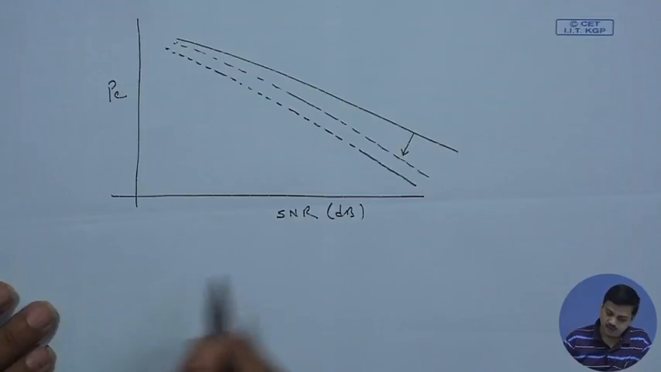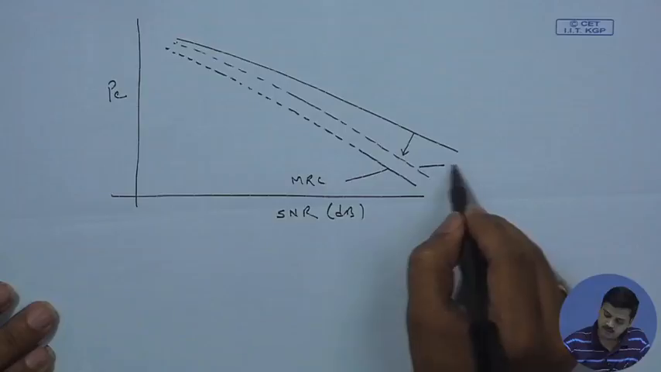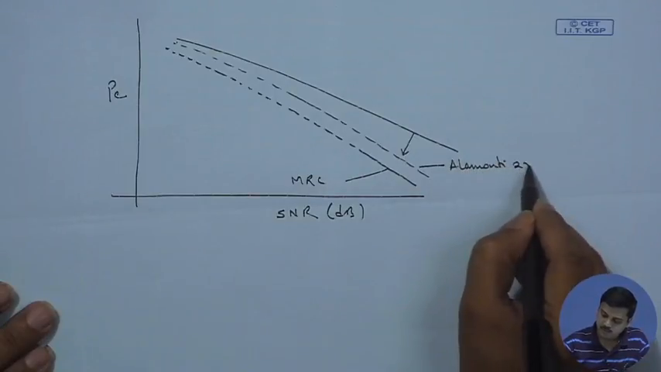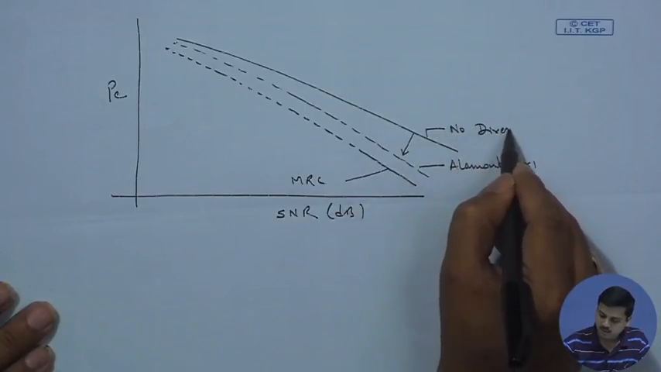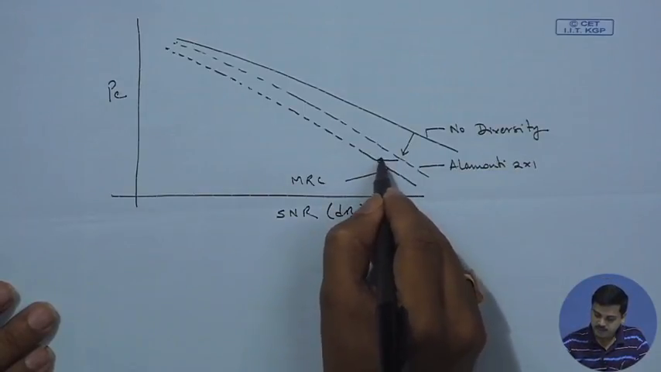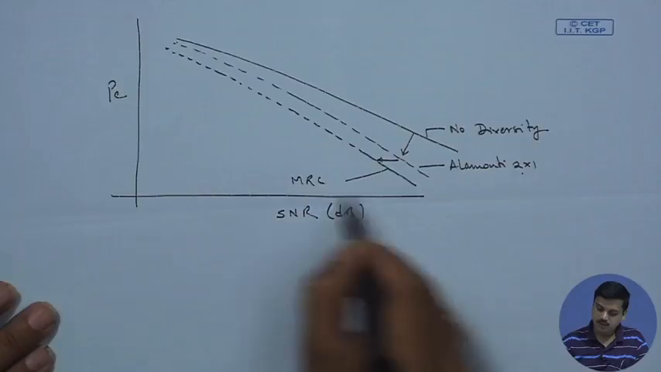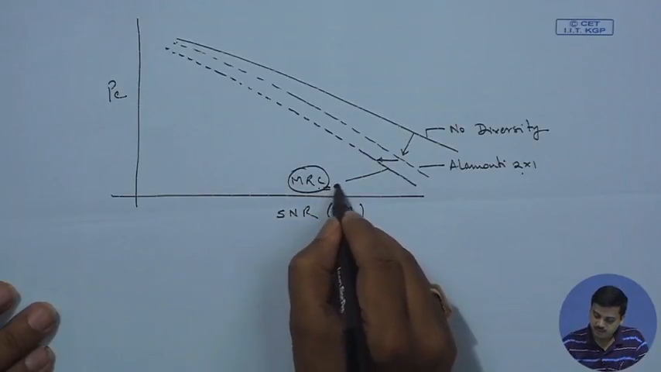So the array gain is also there. This is the case for MRC, this is the case for Alamuti scheme 2×1, and this is no diversity. So this is the kind of gain that you would observe between the Alamuti scheme and MRC, be it transmit MRC or receive MRC, when the number of branches is equal